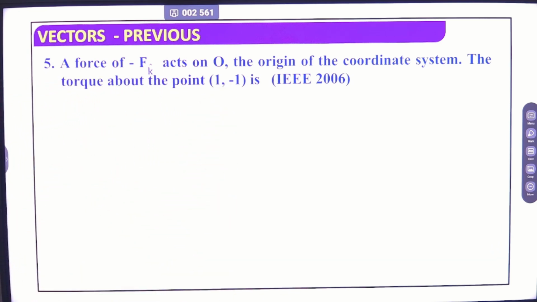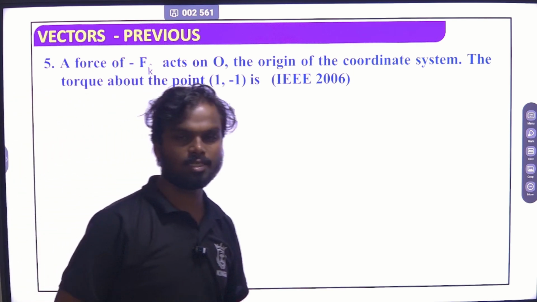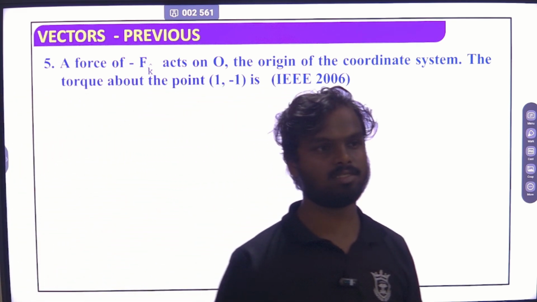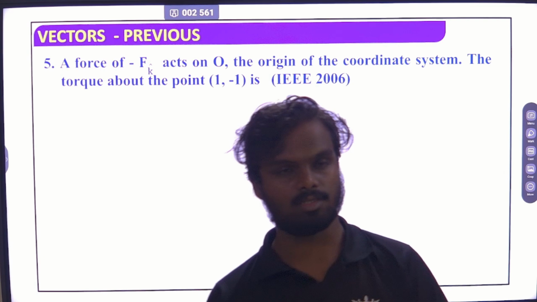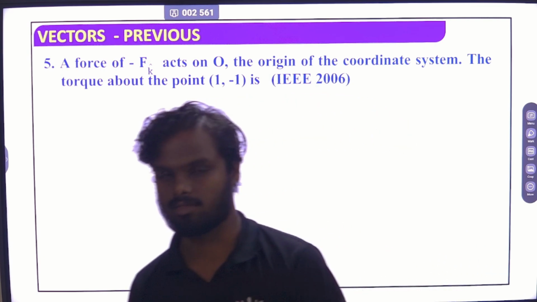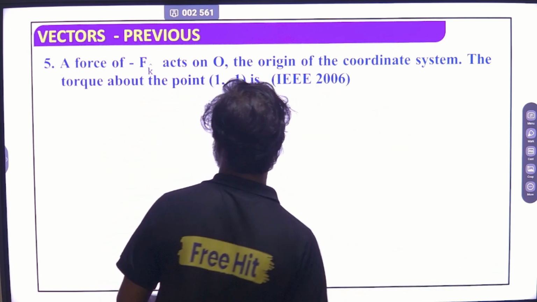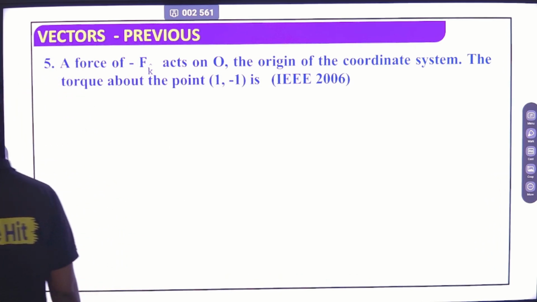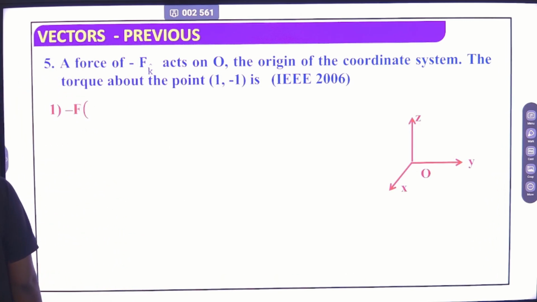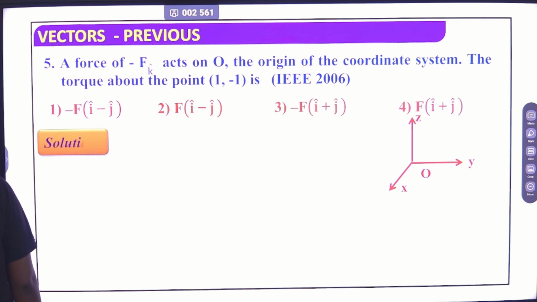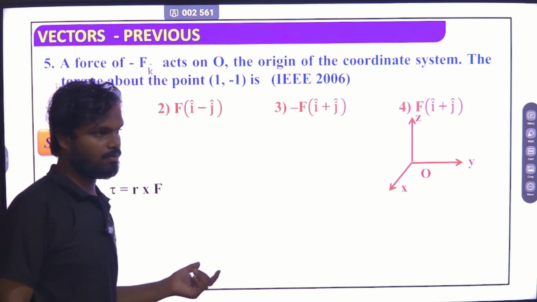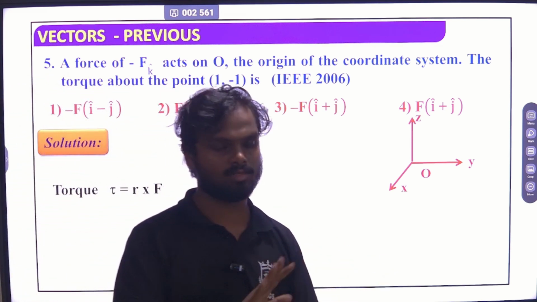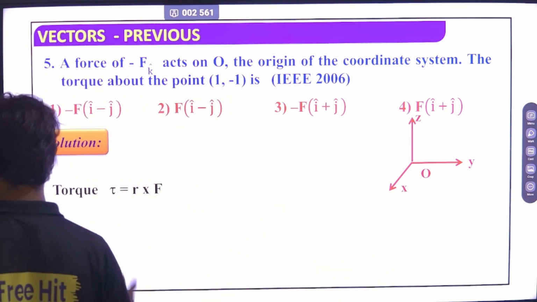But this thing comes into rotational motion, but it is also a part of vectors, because the formula used is force F cross R. So that's why it is there. But you have to remember that it's a vector, like we are practicing vectors. The formula is F cross R, or R cross F, but only the sign will change. So if you apply this,